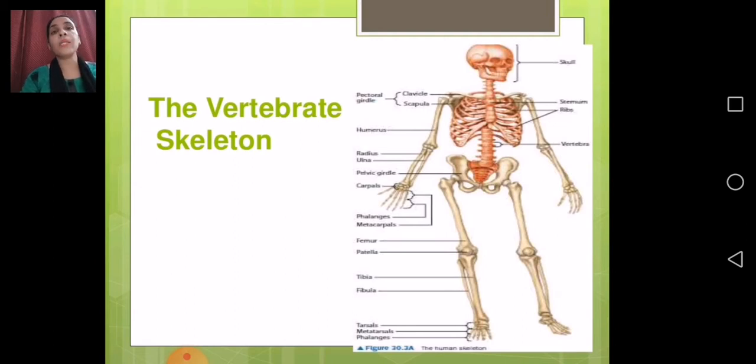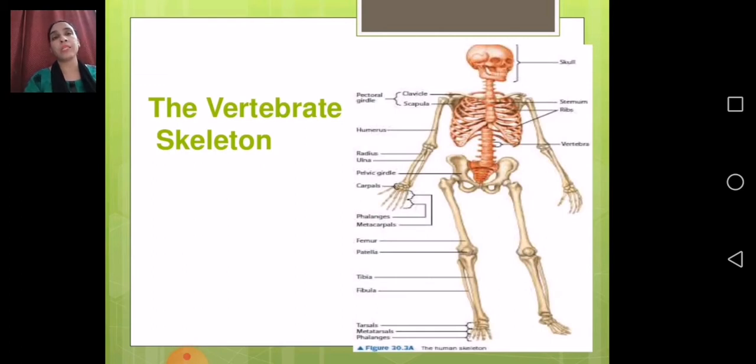Since movement means when you are moving a particular body part as well as you are moving your whole body from one position to another position. So the same we are going to find out in the case of different animals. Now, vertebrate skeleton we have done about animals.